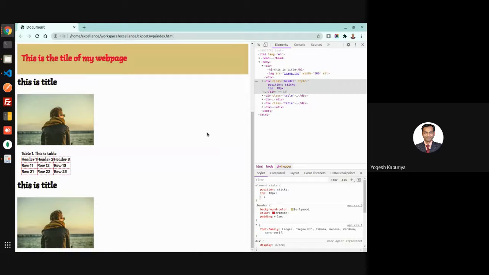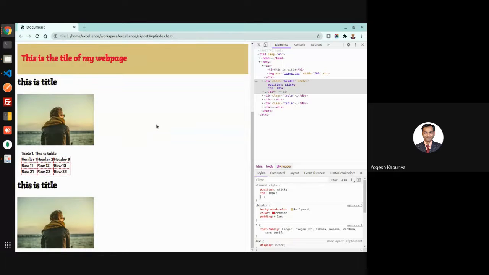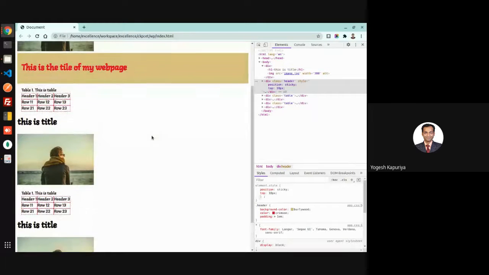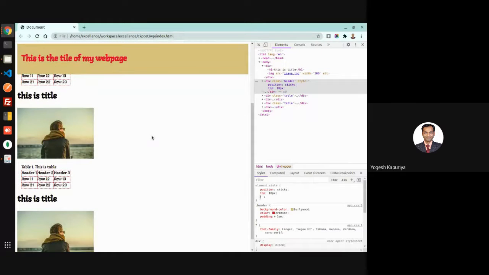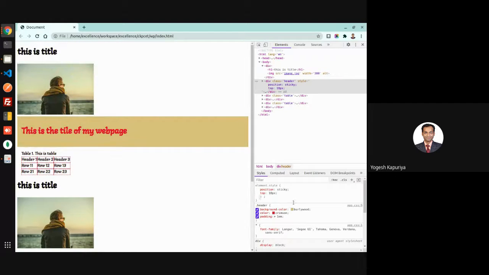Obviously, you have to give the top parameter when you want to attach something. So even though you scroll, you are scrolling actually, but the header will stick at the top 10 pixel. So this is how you can use position as sticky.